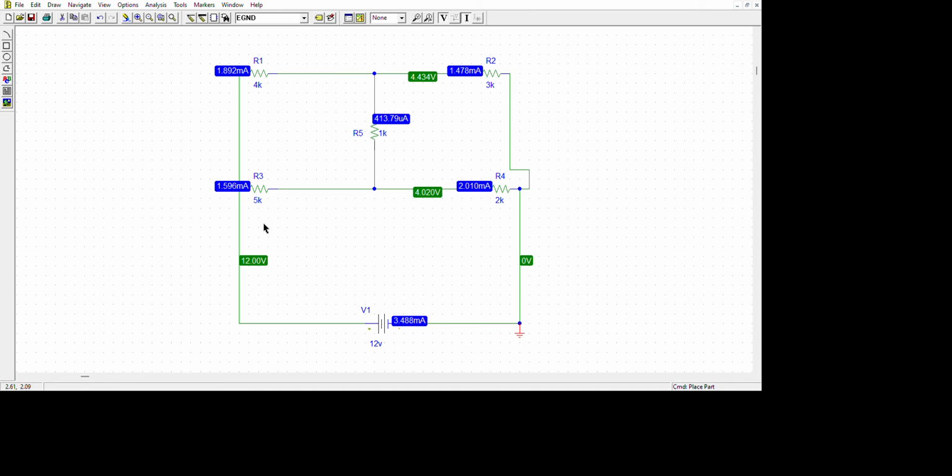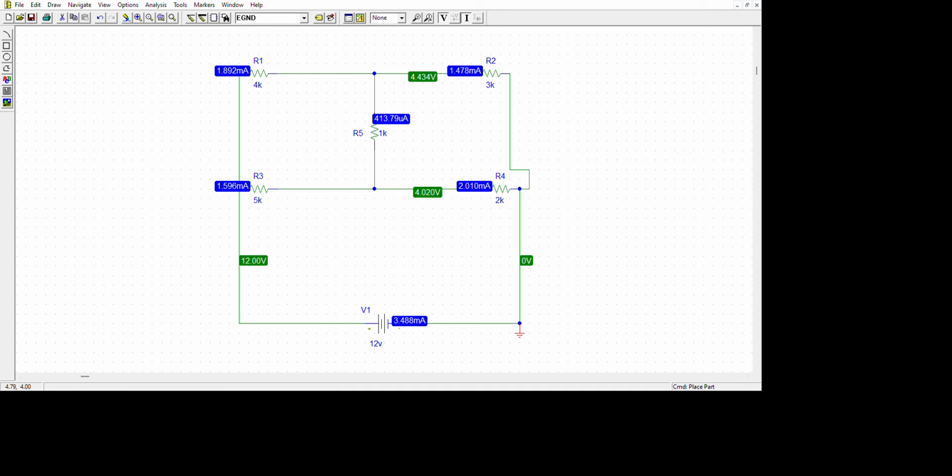This is the ammeter reading, and this is the voltmeter reading. With the help of this diagram, you can also verify KVL, Kirchhoff's voltage law, and KCL. Here we are verifying KCL.